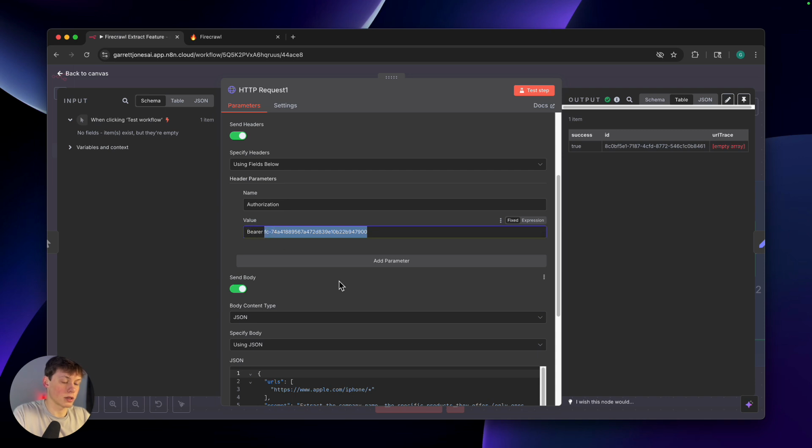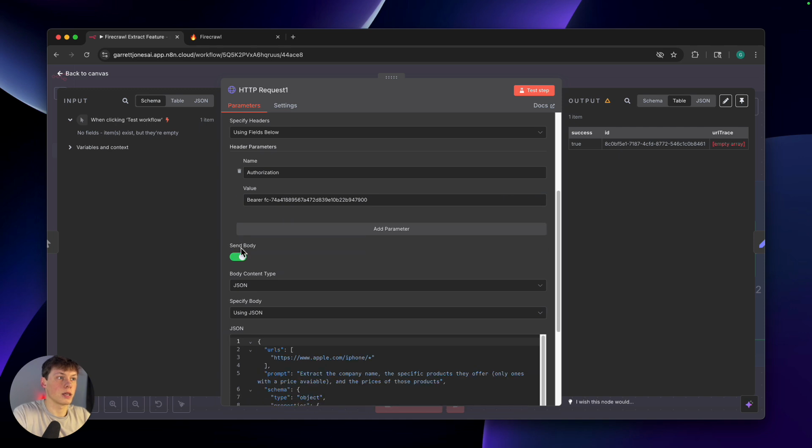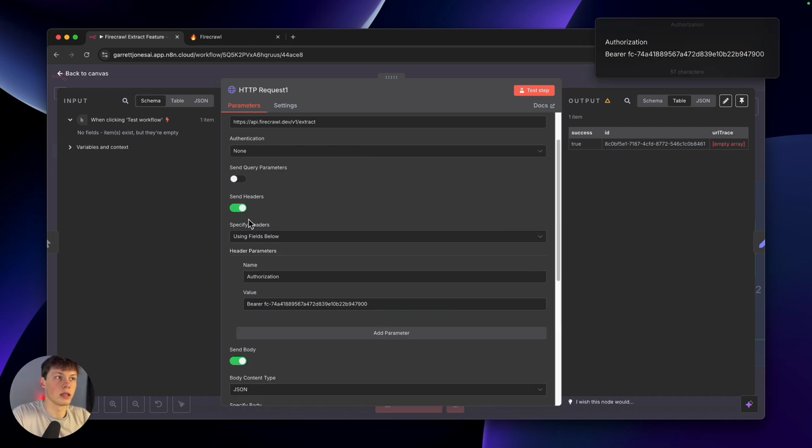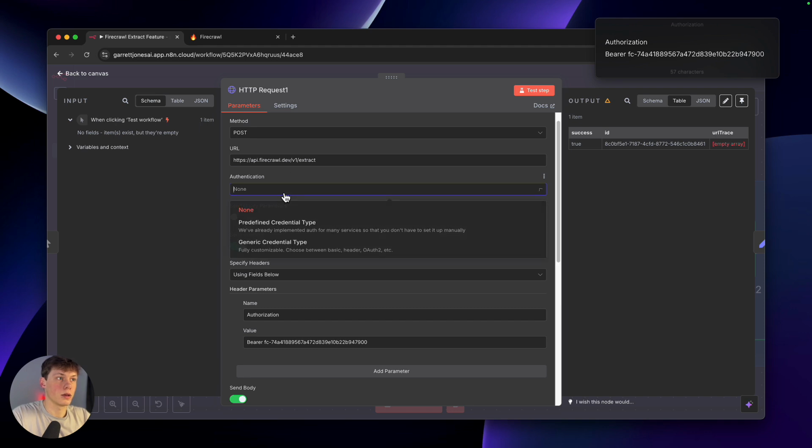So I'll have something like insert API key right there. You just need bearer space and then your API key right there. And then one thing I do recommend, if you plan to use Firecrawl in the future, is to go